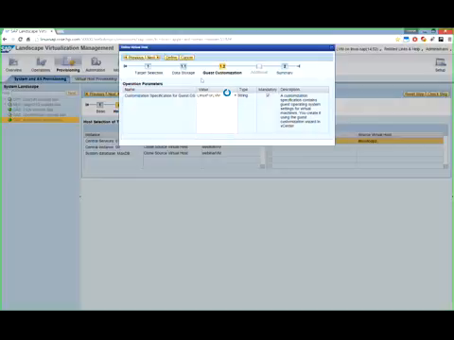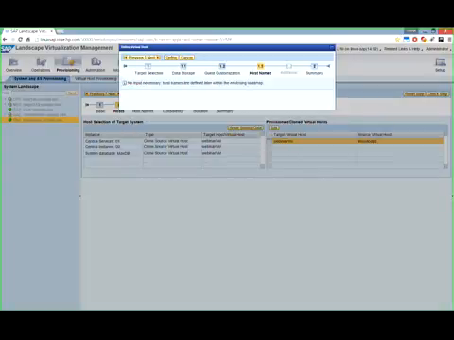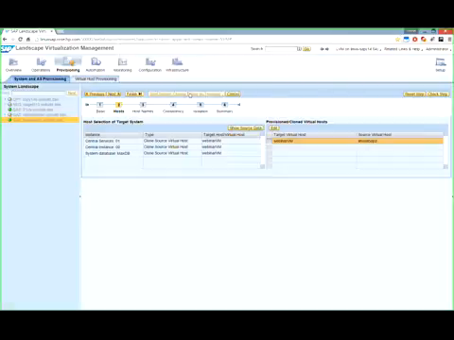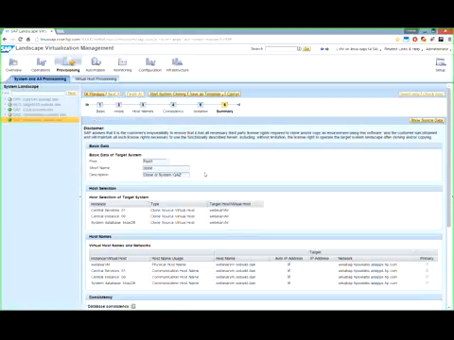Going forward, I will get a summary of all the configurations that I've selected. Okay, it's a summary with all the setups. And now I can choose to start this cloning, or save the template, or save and execute this template.